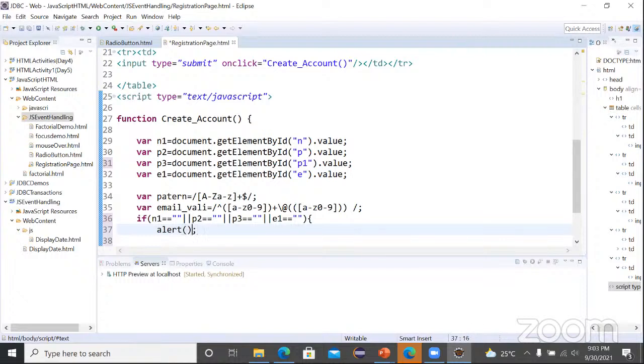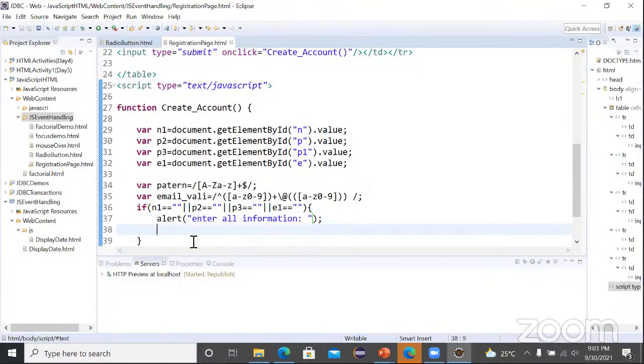So alert, enter all information. Okay. Enter all information. And yes, so after alert, let's come out of this, and here we have else if